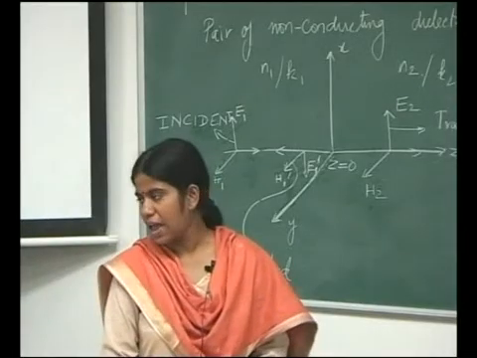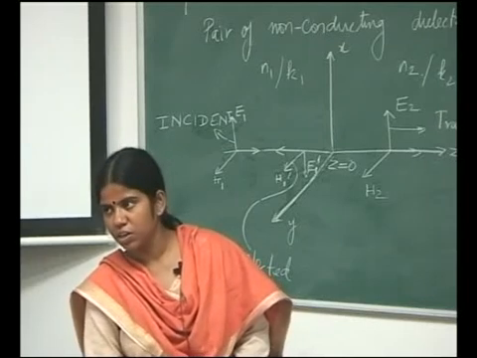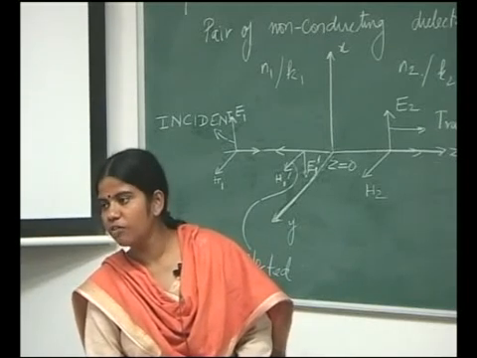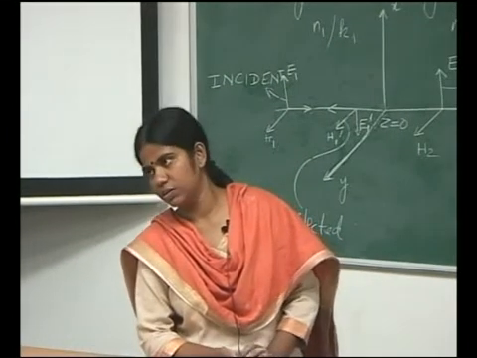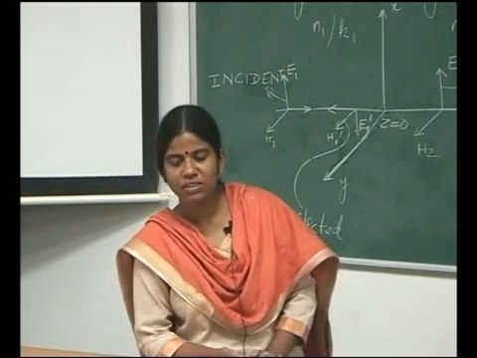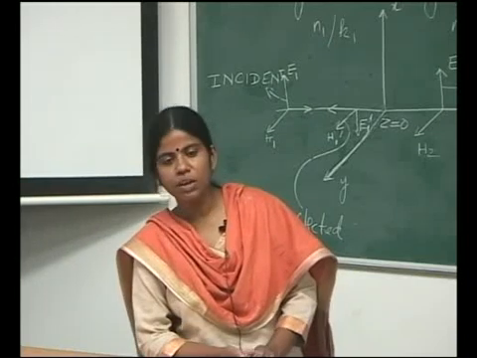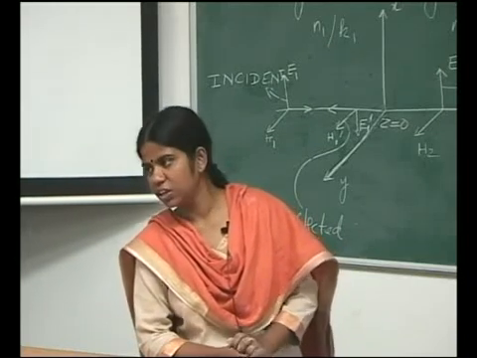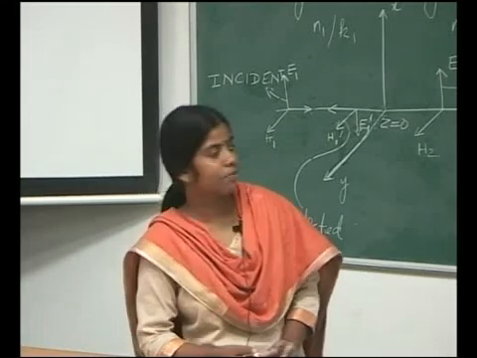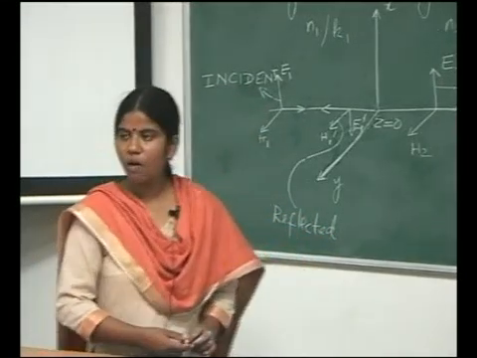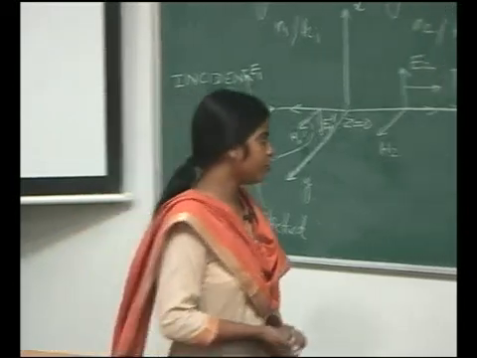And this is also a statement of energy conservation, that the total maximum normalized energy can never exceed 1. It can never be more than 1. It will always be 1 in the optimum case, or it will always be less than 1. So, this is the statement of energy conservation.